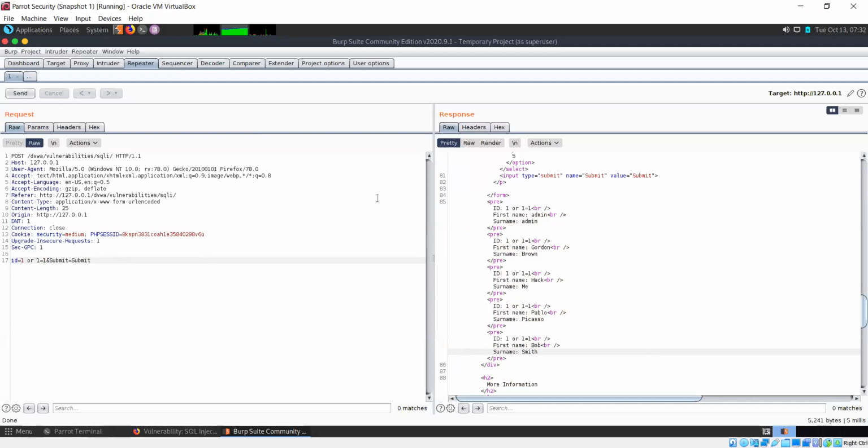Any questions at this point? Yes, sir. I just want to try this with Burp once. If I face any problem, I'll ask.